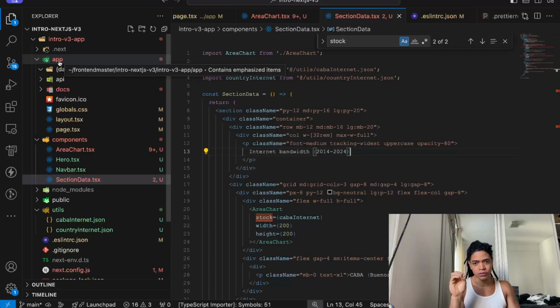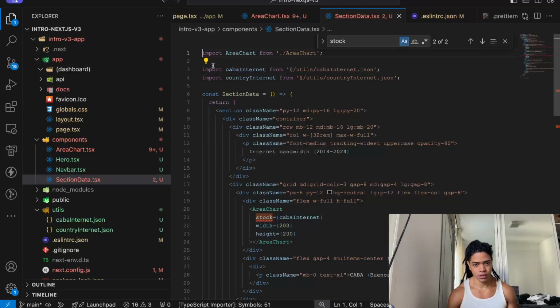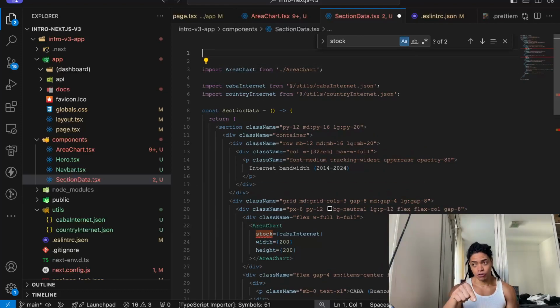So the whole point of this is to define all of your React server components, and only those components that need interactivity you're going to indicate to the framework, Next, hey, this is something that I want you to do.